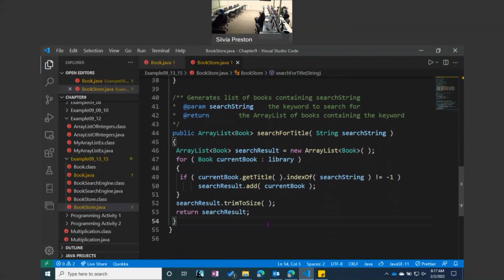So we have a public function called search for title, and it returns an array list object of type book, and we're searching for a string. And what do we do here? We create a new array list and call it search result, and we are going to loop through the current library here. For every library object that we get, we're going to store it into the current book, and we're going to check